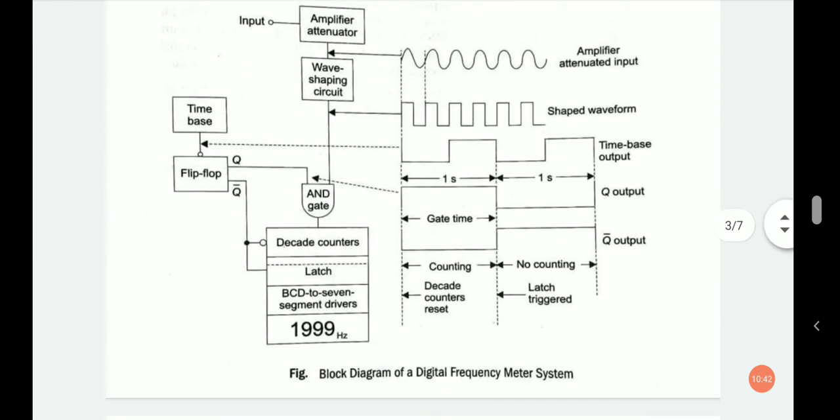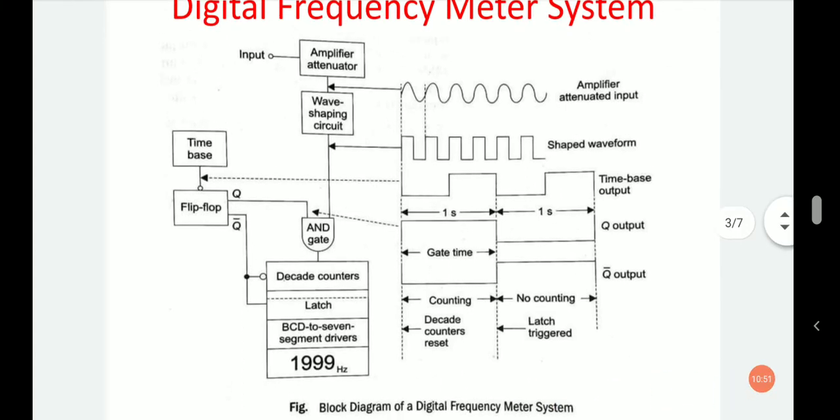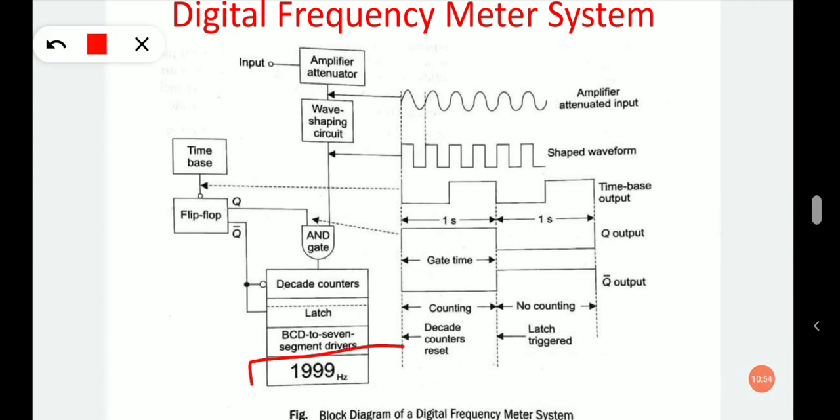So in the previous figure, you can see the unit hertz is displayed along with the numerical value 1999 hertz. Now if the decimal point after the first number is energized, the unit displayed will be kilohertz. Further, if a different range, say 100 millisecond, is selected,